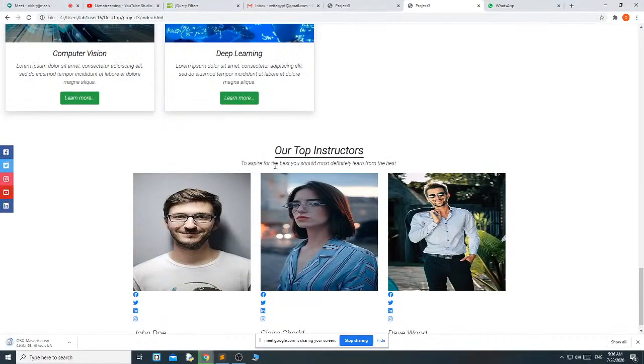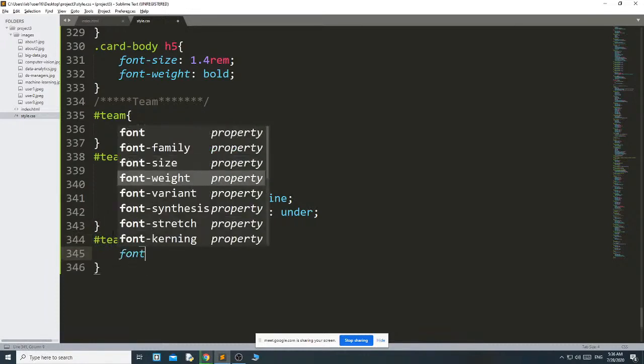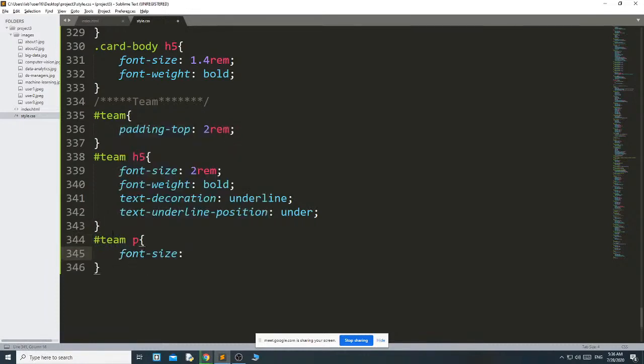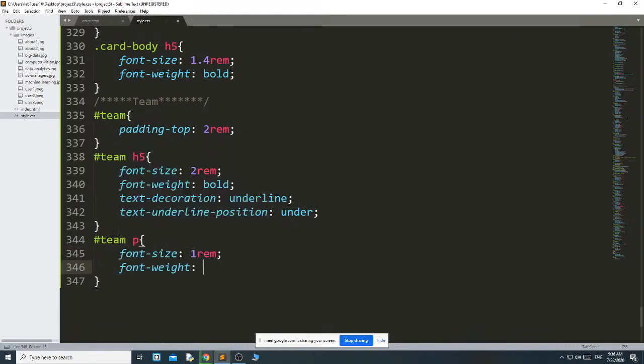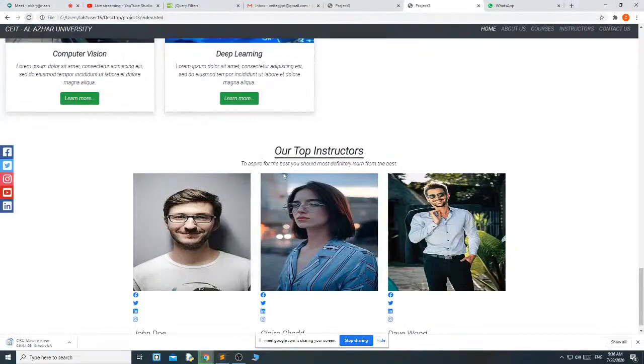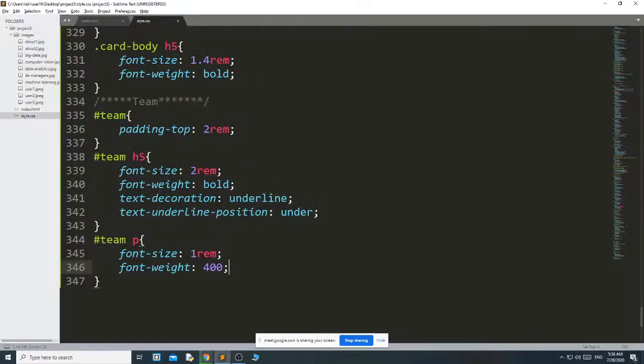Okay, then this heading gets changed. Then I will style this paragraph. I have not applied so much style. If you want, you can apply more for improvement and for more look and feel. I just applied the basic style. Okay, font weight 400. Then we will come to the single theme.